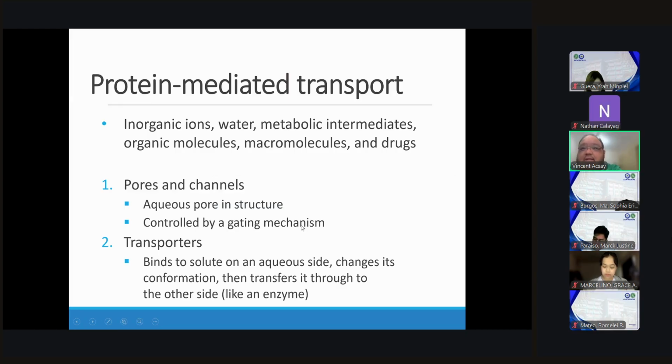Transporters, on the other hand, bind to your solute or your target molecule on the aqueous side before changing its conformation to transfer it through to the other side. It functions kind of like an enzyme. So the difference between the two is pores do not bind to the target molecule. It simply allows a passage in, like a pore or channel. Well, transporters have to bind to the solute on one side before moving it through